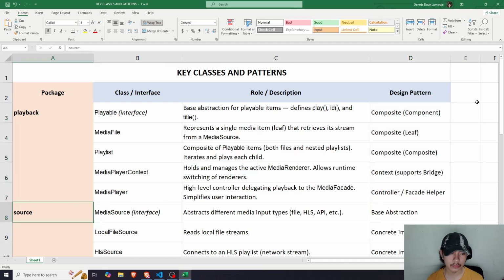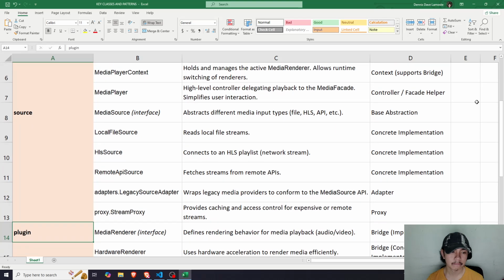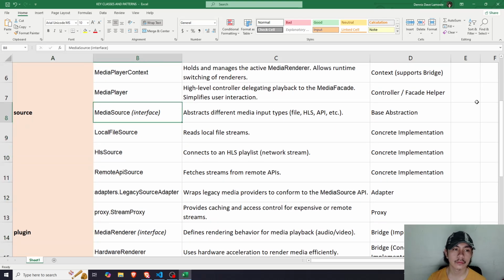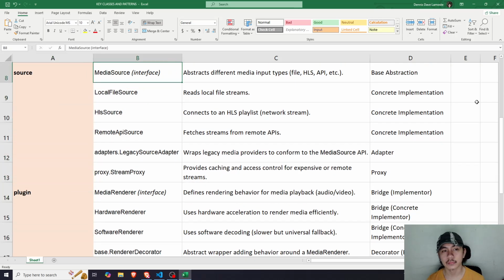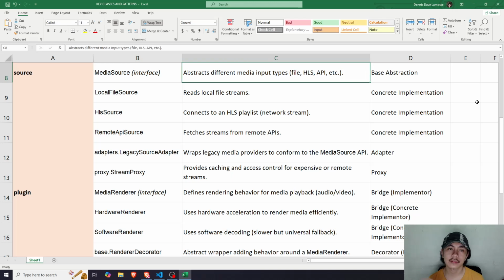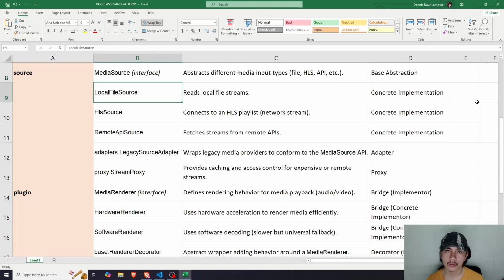Let's proceed to source. In the source package, we have a media source interface which abstracts different media inputs: files, HLS, API, etc. We also have a local file source, an HLS source, a remote API source, and then the adapters and the proxy.